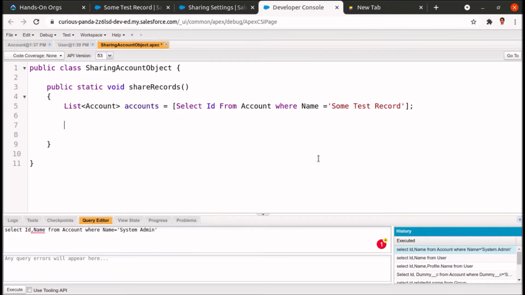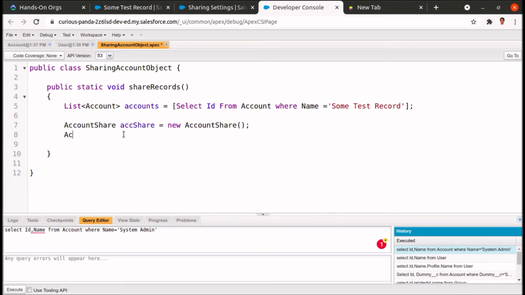Let's create account share object, account share, and accShare equals to new AccountShare. And I don't think that we will be requiring a list. Yes, let's do it.